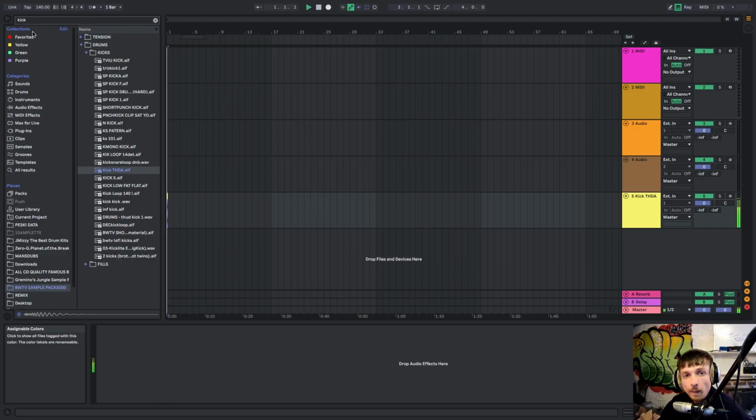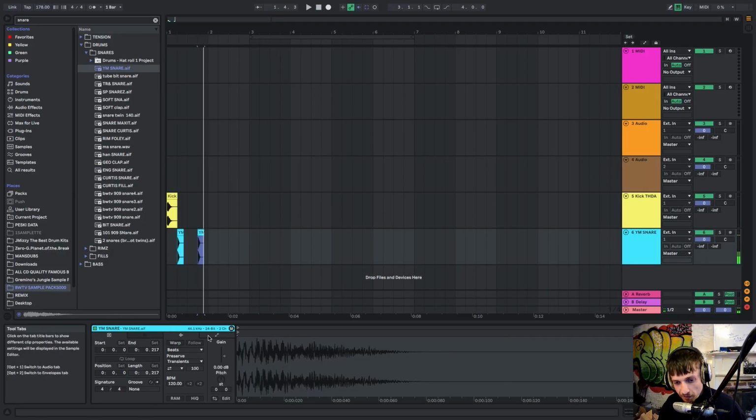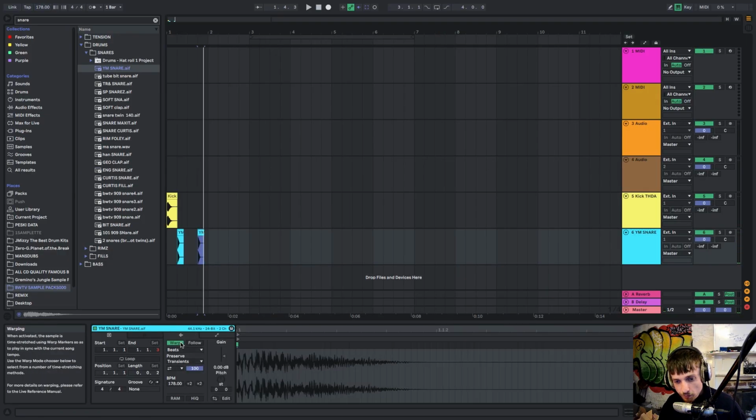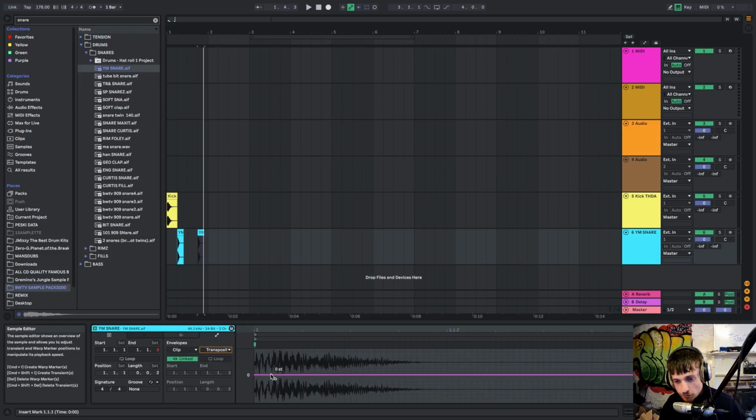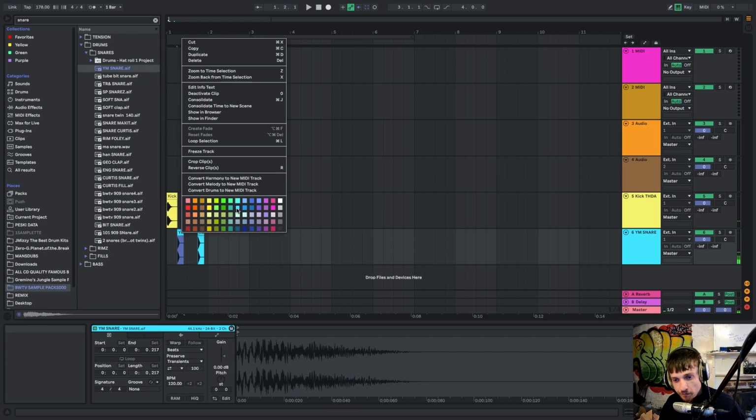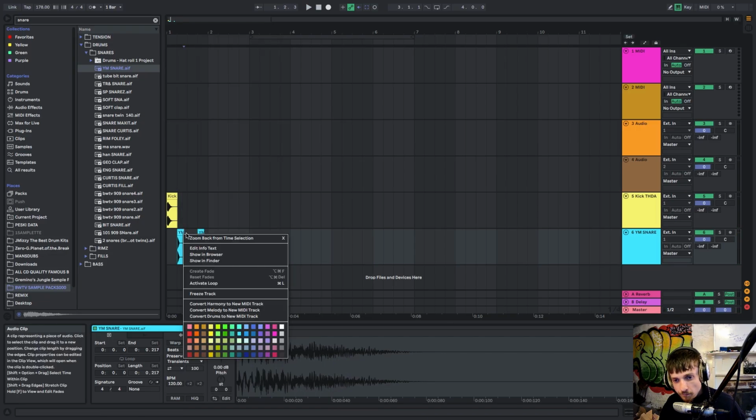Guys, so I'm going to go for some DNB. Second snare, we're going to do Complex Pro. Transpose it a bit like this. Bit of an AB there now, so I've got